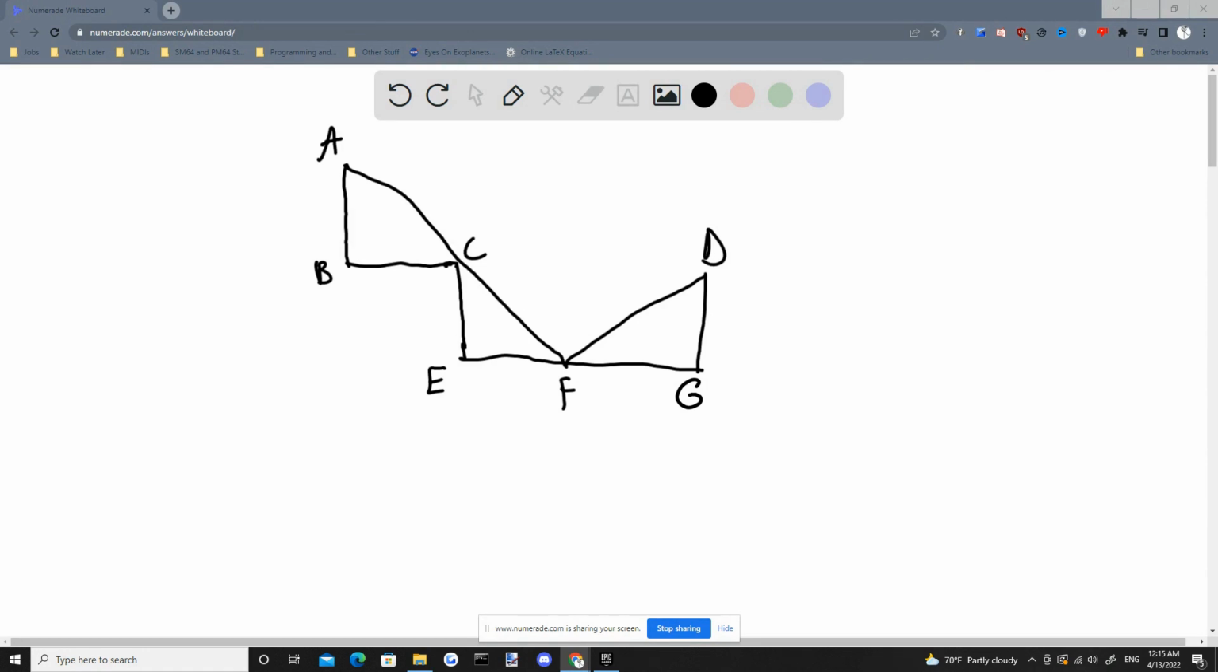Okay, so this problem is we're looking for the Hamiltonian paths of the graph. So I've drawn the graph here. A Hamiltonian path is just a path between the vertices where we have a continuous line and it only hits